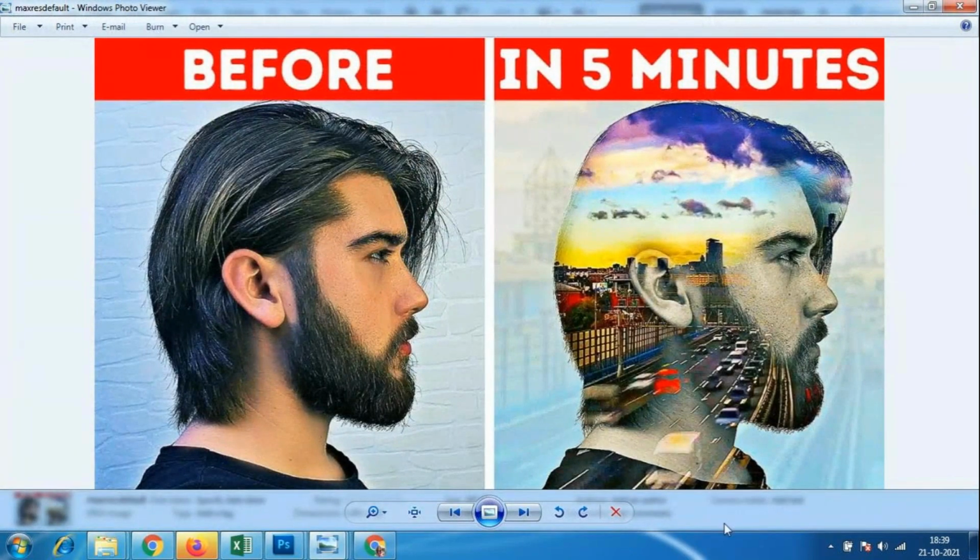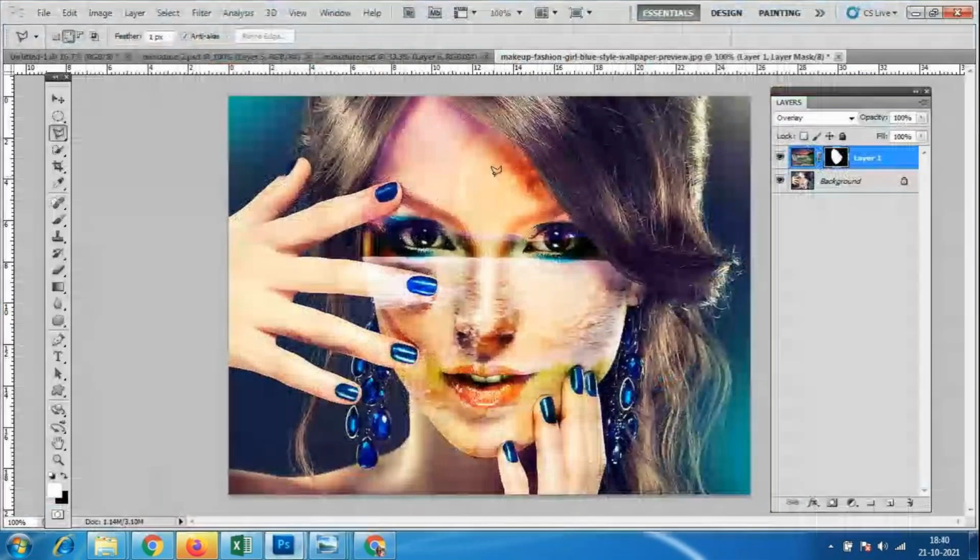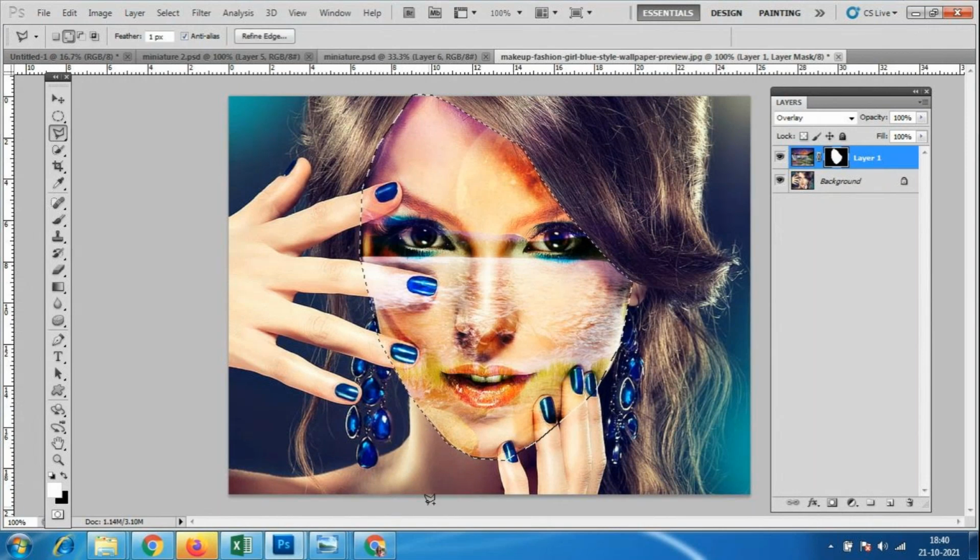Otherwise I have taken only the face. I have not taken the complete head, hair and all. I have not selected those. Only the face I have taken here. Okay, you can take the complete face also, but you have to select it. So I have selected only this much area, so only this much area is applied.